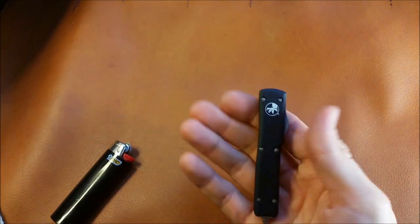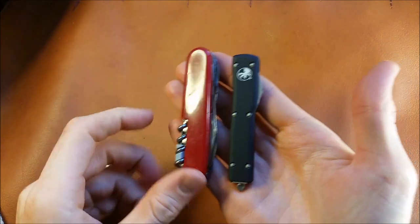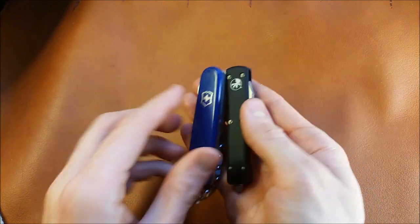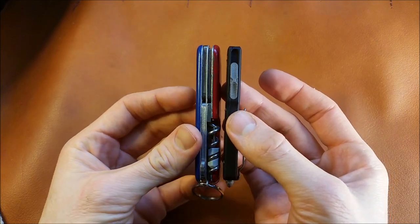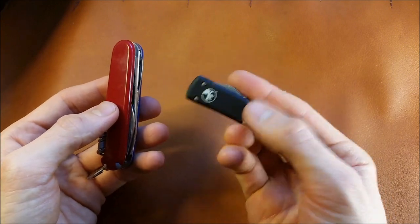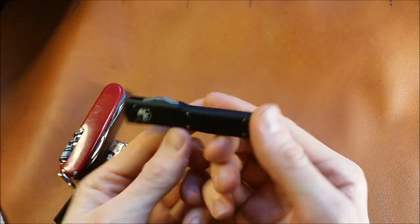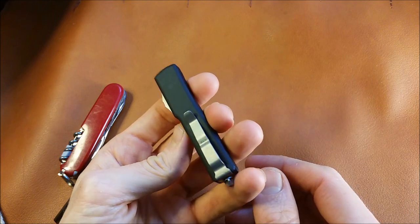Let's put it also next to something like the classic Swiss Army. This is the compact model. But look at that, tiny. It just dwarfs a 2-layer Swiss Army. So very, very lightweight. This thing actually clocks in at 1.2 ounces, which is nothing. Truly nothing. And what's really best of all about having a thin, lightweight knife like this at this size